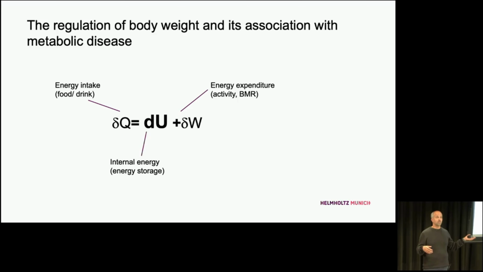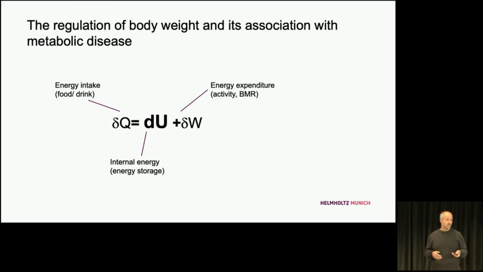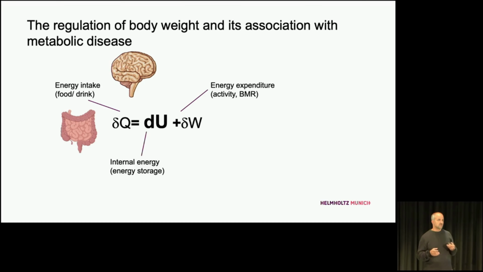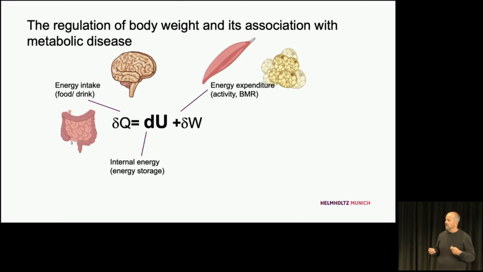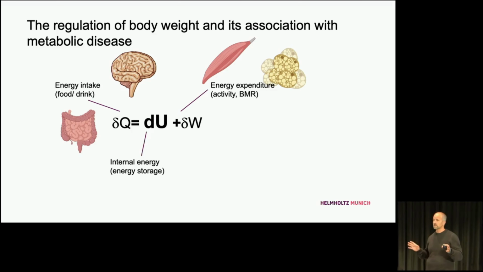So if we eat more than we expend, we're going to store the rest, and we store it mainly in adipose tissue or fat. Over the years, mainly driven by GWAS studies and other things, we understood which organs are preferentially involved in regulating these different elements. It's really the intestine, of course, and the central nervous system that regulate the food intake side of things, whereas the skeletal muscle is predominantly involved in energy expenditure. In mammals, or in small rodents especially, there's also brown adipose tissue contributing, but the role in humans is a little bit more questionable, I would say.